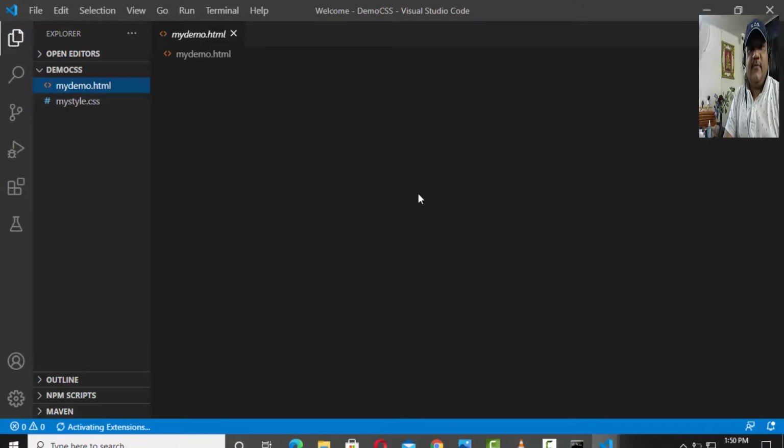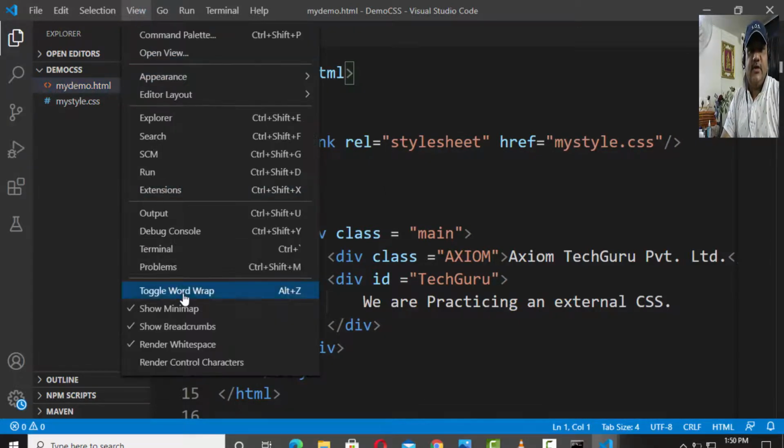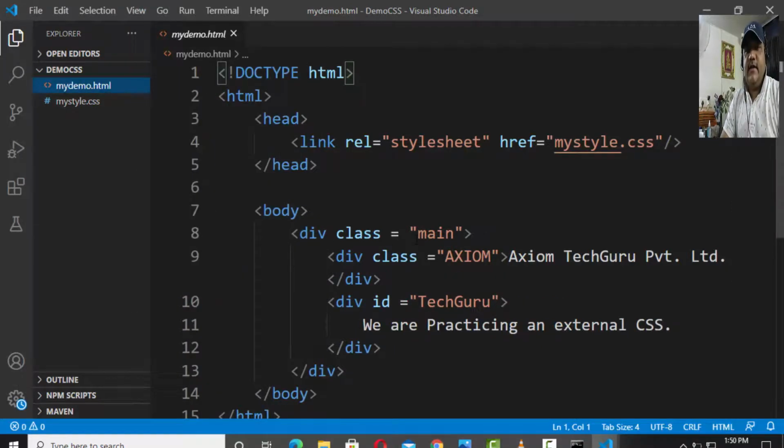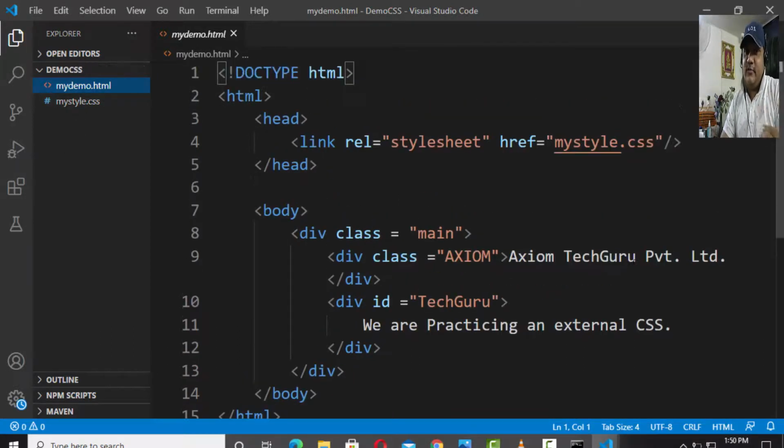Now I created the HTML file by the name of mydemo.html, and as I said, I'm going to link that HTML file here. Link rel equals stylesheet, href equals mystyle.css. I produced a style sheet. I will be explaining it to you, and div class main, here I use it. But first of all, let us go to